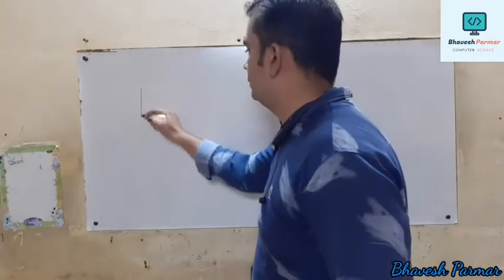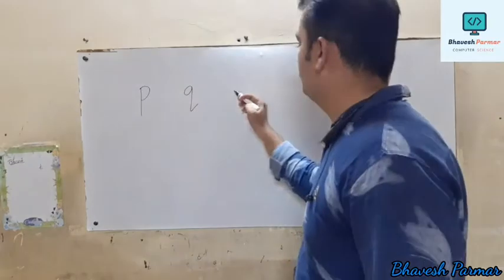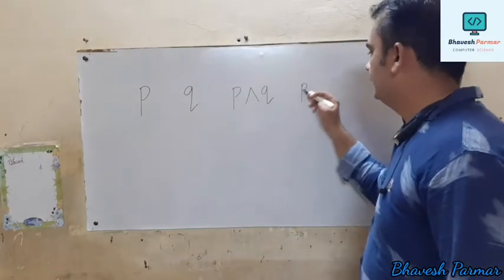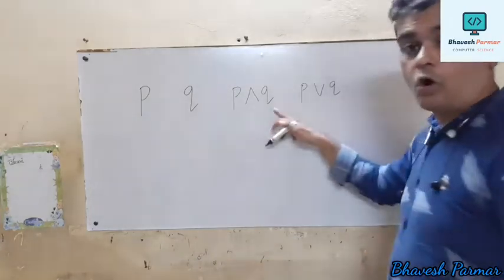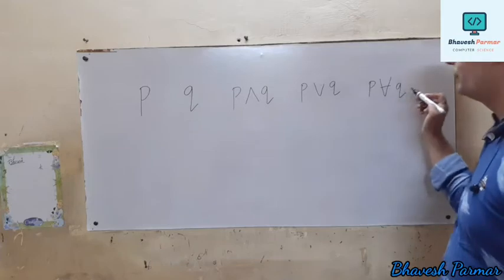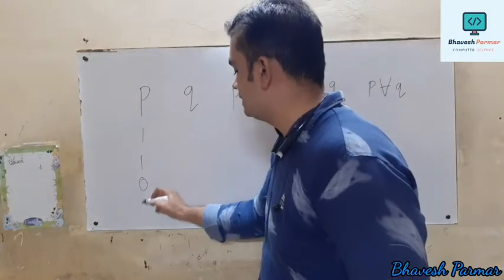So let me start. First I write the first statement P, then the other statement Q, thereafter the first operation P and Q, then the next operation P or Q, and the last operation P exclusive OR Q. Here we have two different inputs, that is 1100,